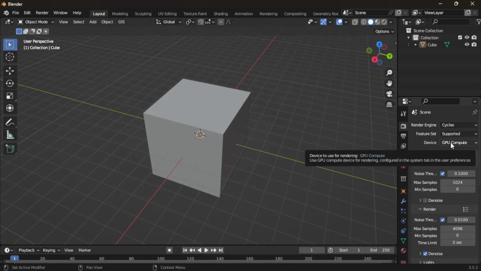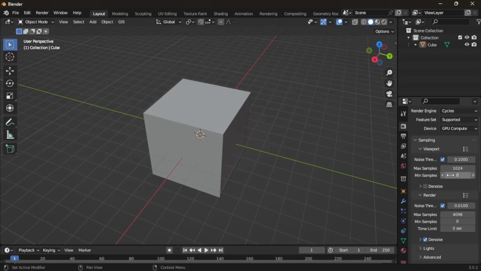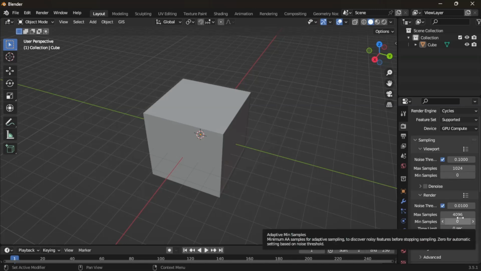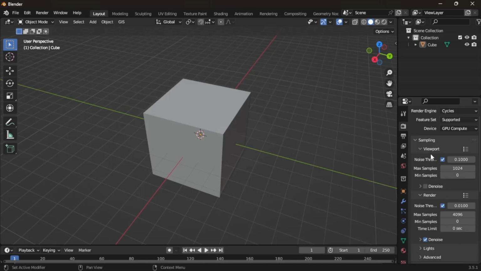Because rendering is a GPU process, not your CPU working, so after selecting GPU, you can come here on the viewport and render option. You can see here it shows max samples equal to 1000 and 4000 in render and viewport. When I was new in 3D, I made a mistake to keep it on the standard, that is 1000 and 4000. That is not the right way to do it, because we will not need that many steps or samples